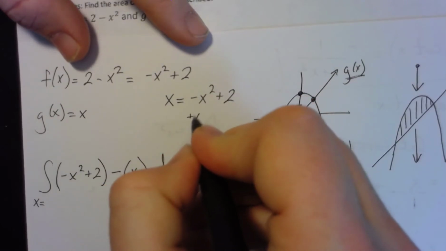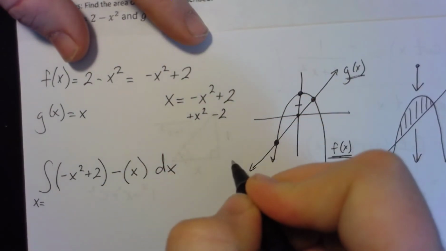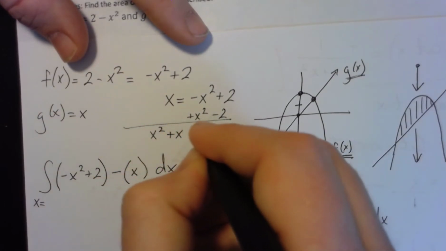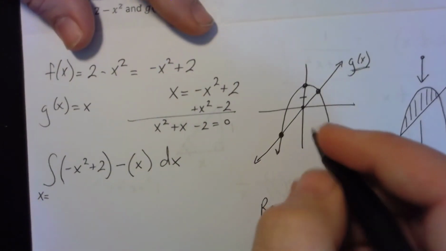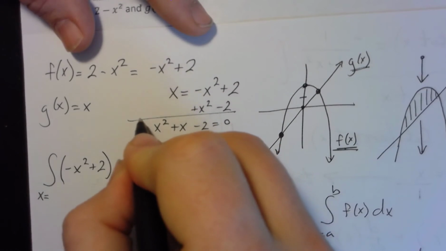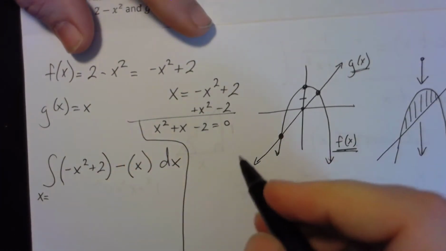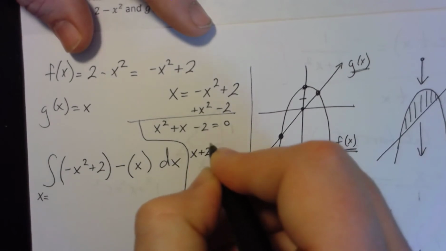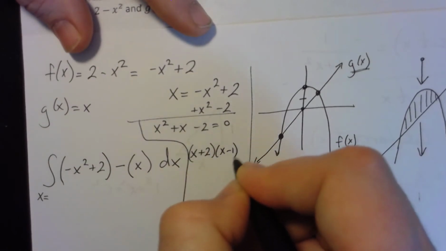Again, that's how we solve quadratic. So I'm going to add x squared to both sides. I'm going to subtract 2 from both sides. This is going to end up providing me with x squared plus x minus 2 equals 0. Which, if we're very careful, we'll note, and I'm going to go ahead and draw a line here to give myself some space, this should be able to factor into x plus 2, x minus 1 equals